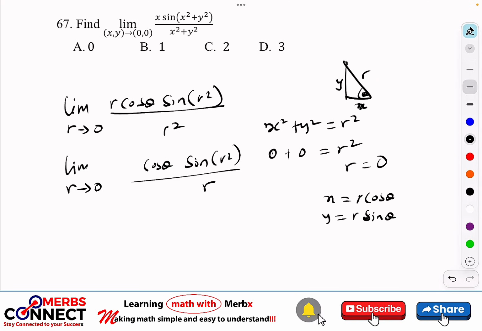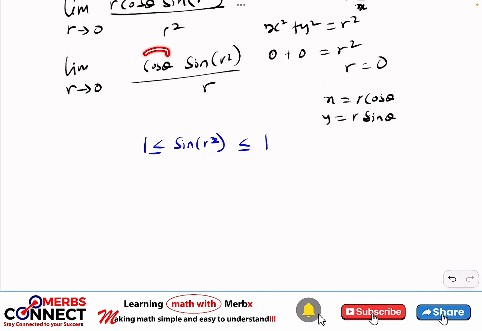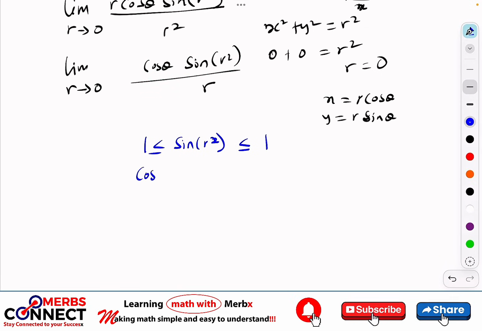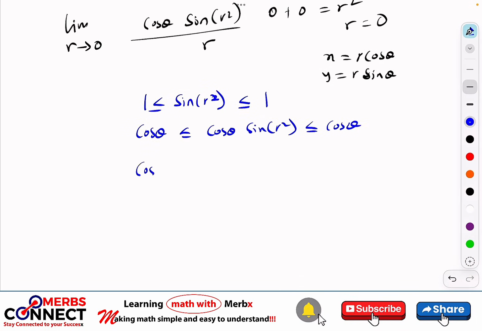Let's try and form the squeeze theorem, right? So we know that sine of r squared is bounded by this. I need this by multiplying by cos, so we multiply through by cos theta. And I have cos theta sine r squared cos theta. I want this one to be divided by r, so I divide through by r. And I have this r. And then